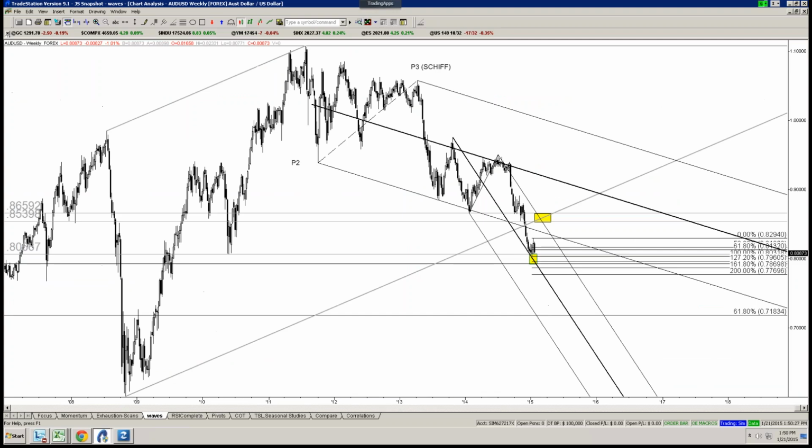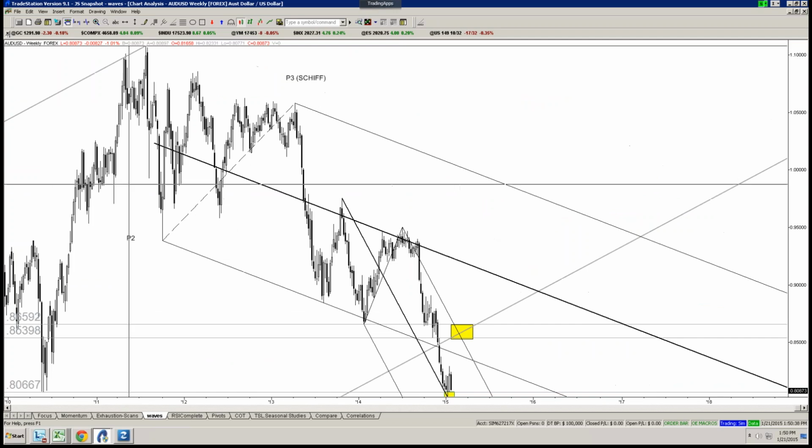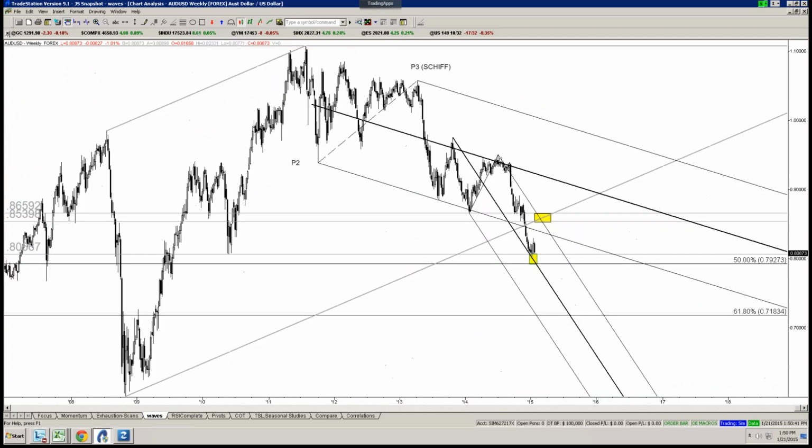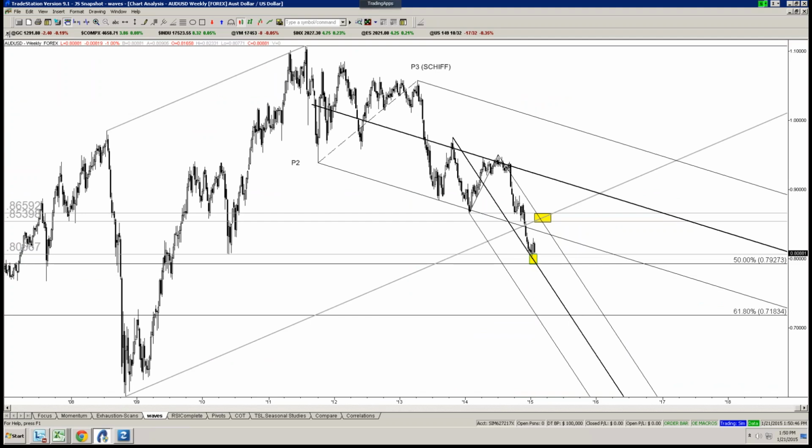And if we look at the weekly chart here, do you know what 79.27 also happens to be? The 50% retracement of the entire rally from the 2001 low all the way up to the 2011 high. Okay, so you've got a lot to look at in terms of 79.20 to 79.60 for a much more important low that gives us what I think is probably a much needed correction higher in the Australian dollar.